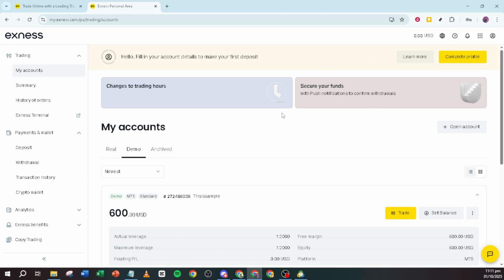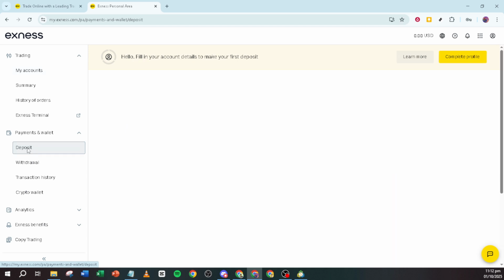After logging in, look for a section called Funding. This is generally straightforward to find, typically located in the main menu or a particular section dedicated to account management. Once you've navigated to Funding, your next step is to click on Deposit. This leads you to the area where you'll handle the transaction.